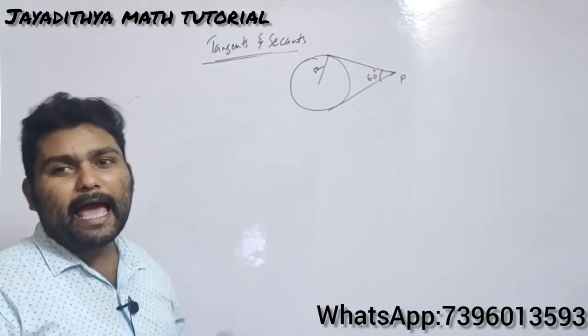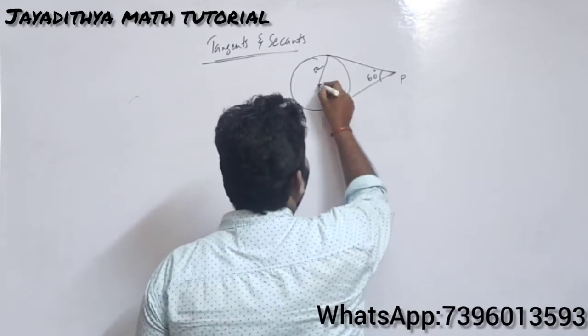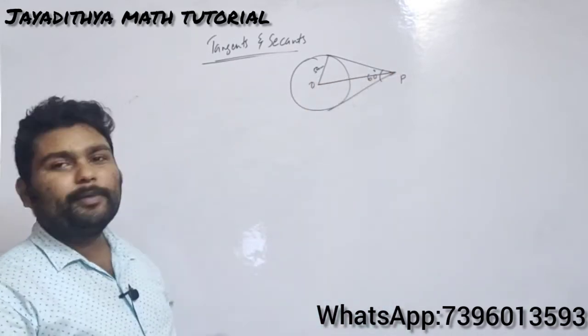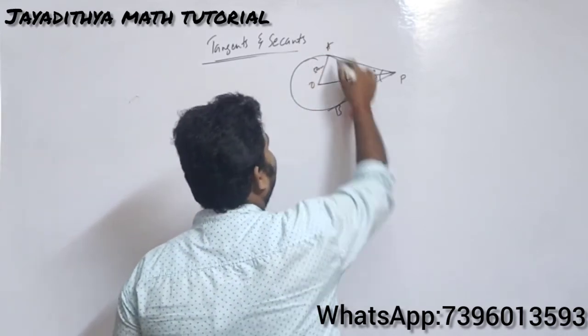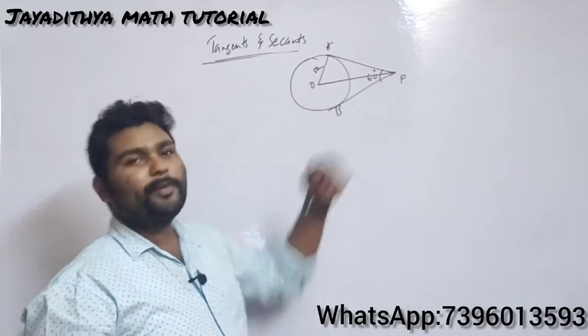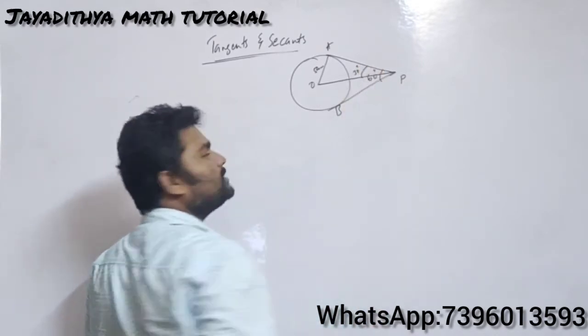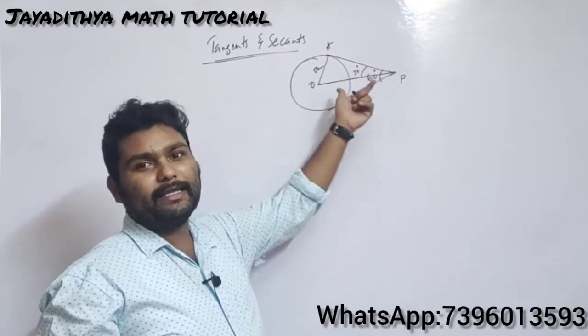I told you whenever the angle is given, you should do one analysis. So you know that if you draw a line like this from the center, it will be OP. The line OP will be the angular bisector for the angle. So in the angle APB, OP will be the angular bisector. If you observe, this becomes 30 degrees. If that is 30 degrees, the only thing you need to find, first of all, is the distance.